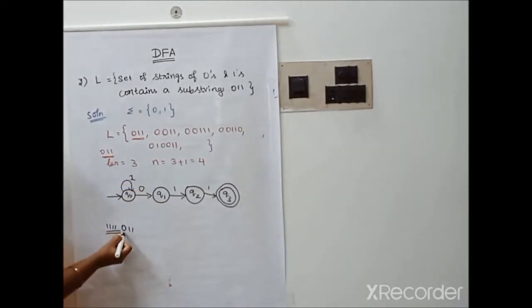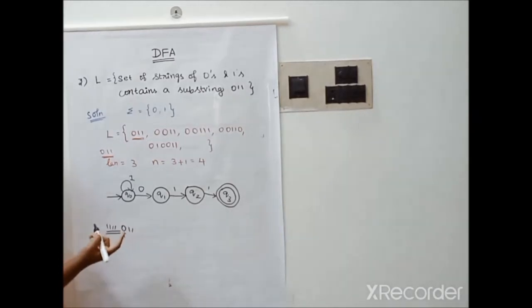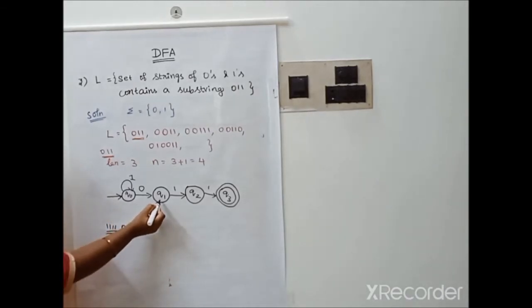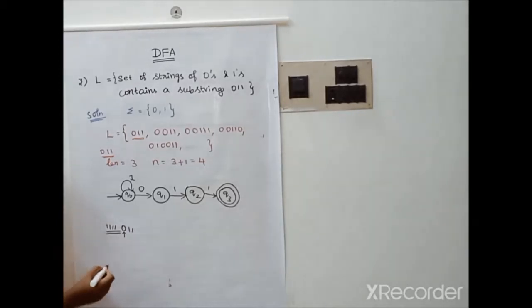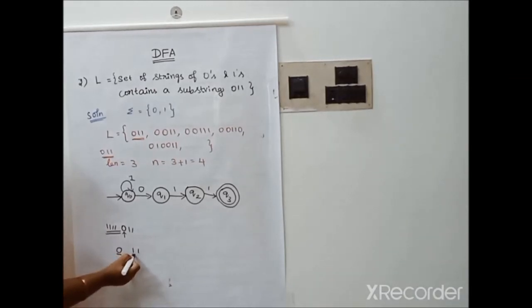So you need to check this symbol. Since this symbol is 0, you need to check for 1. Suppose this symbol is 1, then you need to check for 0. Like this you need to check. Now we are moving to the state Q1. In Q1, for which input do we have the transition? 1. So 011, for this one we have the transition. So in between, since this is 1, we need to check for any number of zeros.